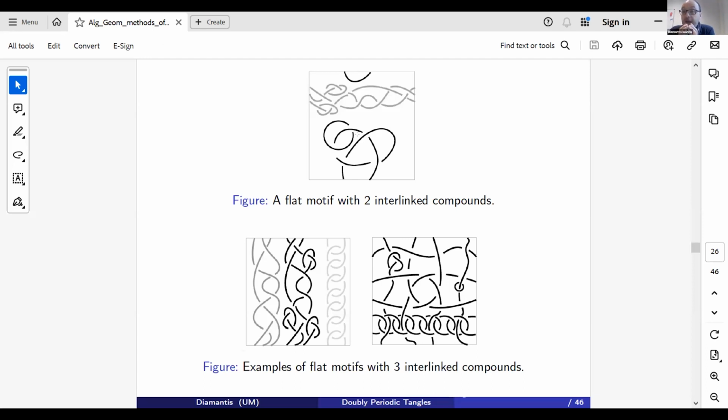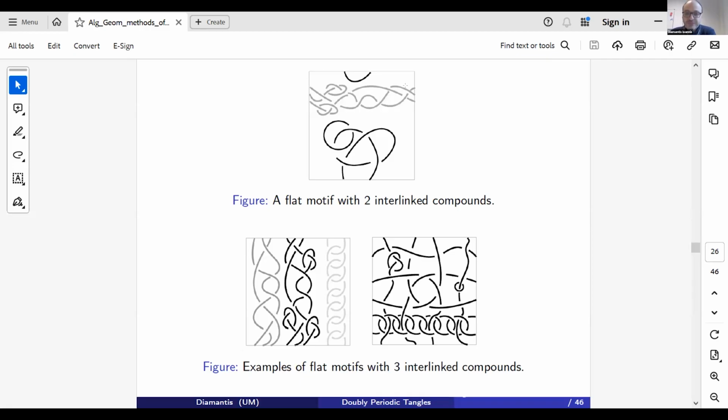All right, and that means that I can isolate it from the rest. That's very essential, very crucial for us. While this compound here, I cannot achieve that. There is no ball that can fit the whole thing, but there is a ribbon that can fit the whole thing, right? So immediately I understand that I have different types, different classes of interlinked compounds, and these classes actually